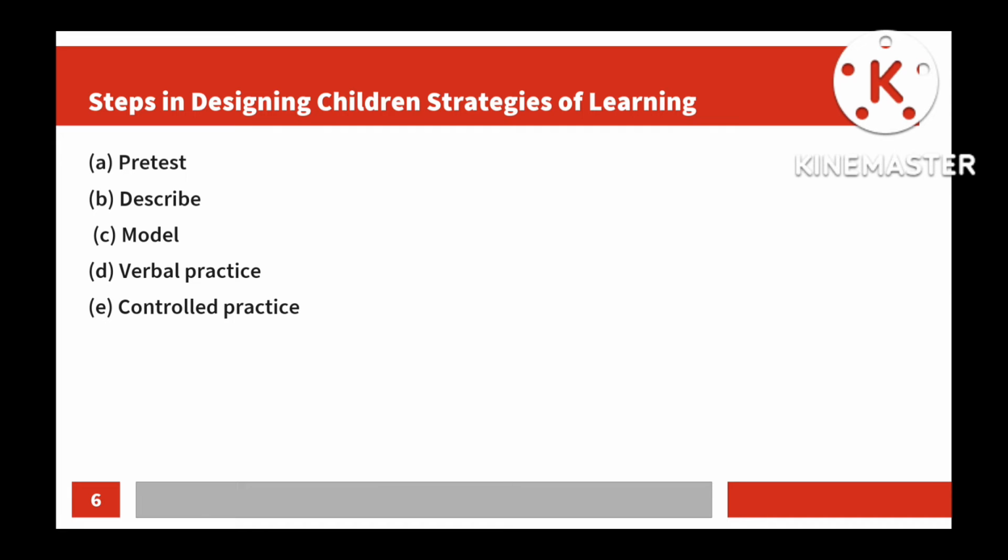Like this kind of task they can give them, and they have to describe it. Then next, model. Then again the same example I am taking here. If the teacher teaches them the solar system, then she can tell them to make a model of a solar system. Then verbal practice. Orally the teacher can tell them